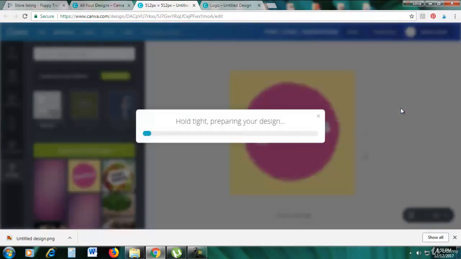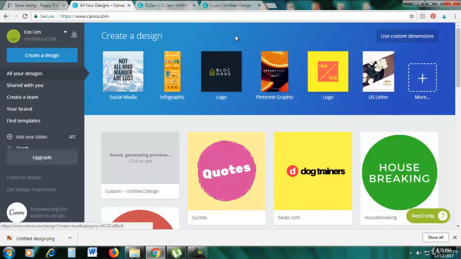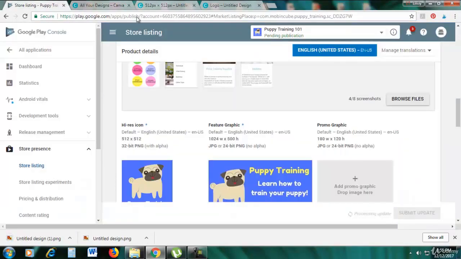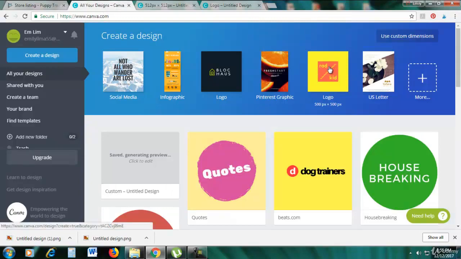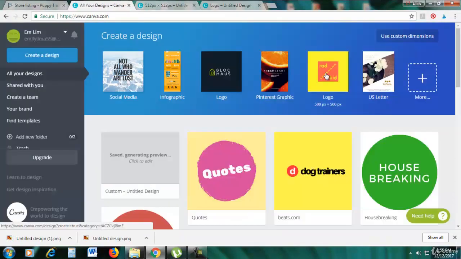Okay, so just click download, and that is how you use the logo design, even if it's not the required size by Google Store. So it's easier if you just use a logo design. Okay, and then just save it and then upload it, and then use custom dimension and just resize the logo. All right, so the